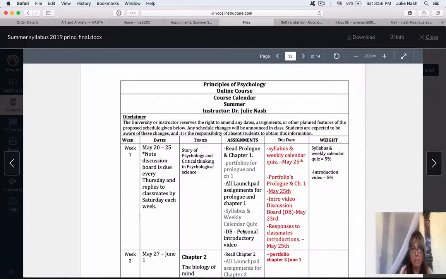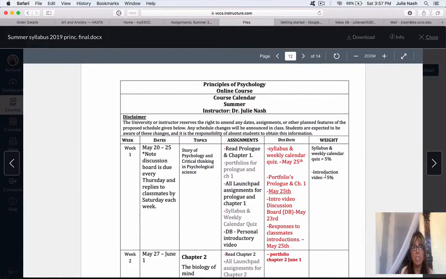So to keep all of this straight, I have the due dates for everything right here. So this tells you when your weekly quiz is due. It's May 25th. Most things are due on Saturday nights. Not Sunday nights, Saturday nights. Okay? But this on the 23rd, see how this is due earlier. So when you have something on a discussion board, which is what DB is, then you have to turn it in by Thursday. So that leaves 2 days for you to comment on 2 of your classmates'